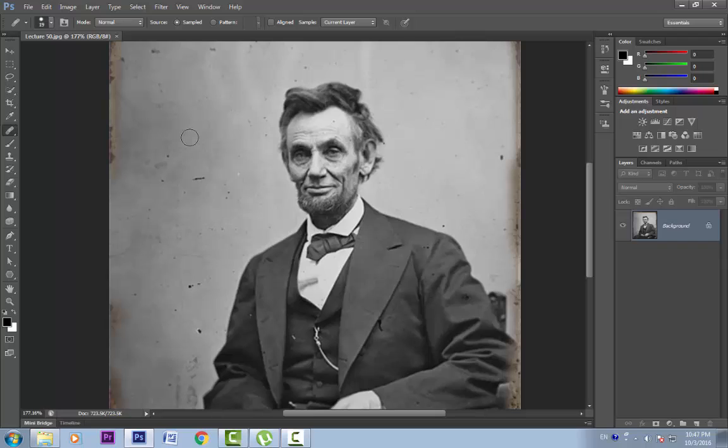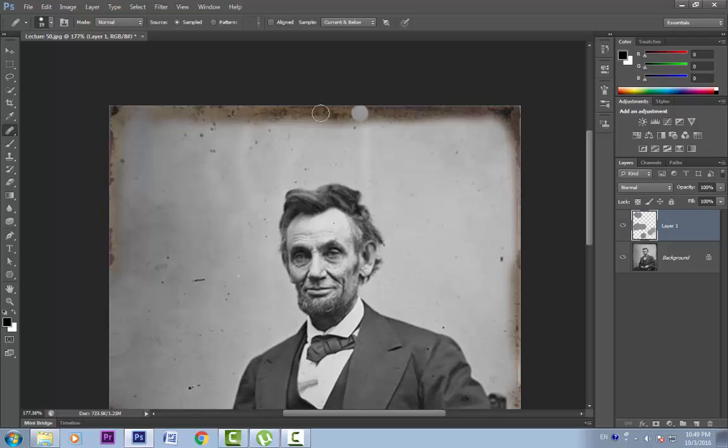Again, to use a non-destructive method, let's create a new layer above the background layer. And let's click this to current and below. Let's pick up a sample area and let's paint. Keep picking the sample areas again and again as you move on. Like so. Just like clone stamp tool, it has this aligned option. It is not turned on right now. If we turn it on, it will offset the stroke.